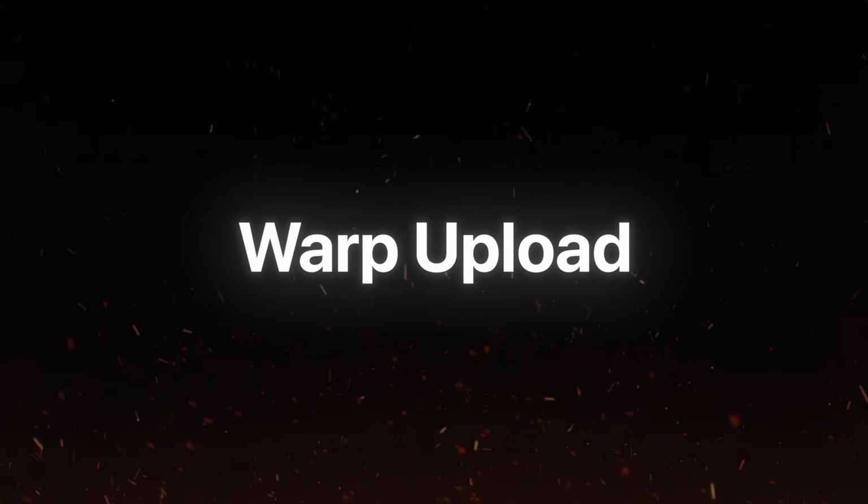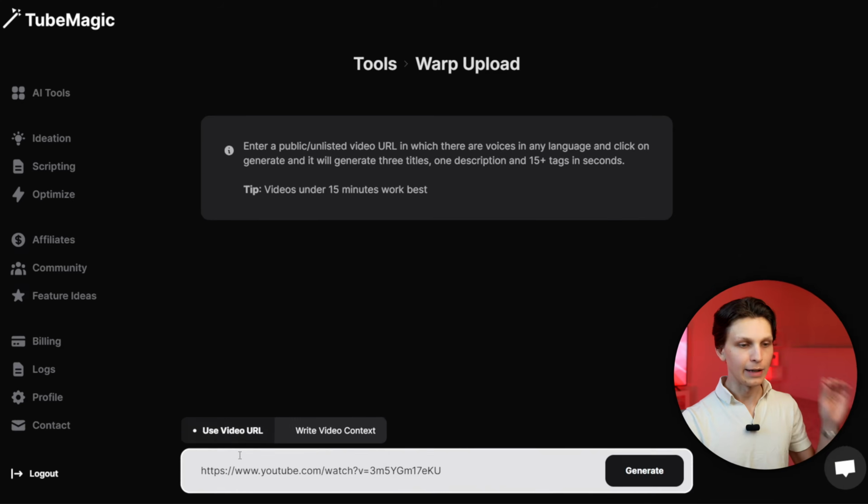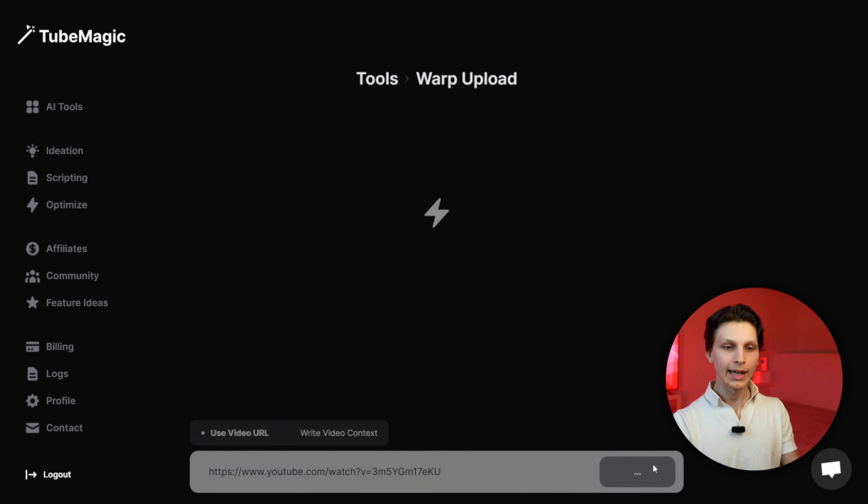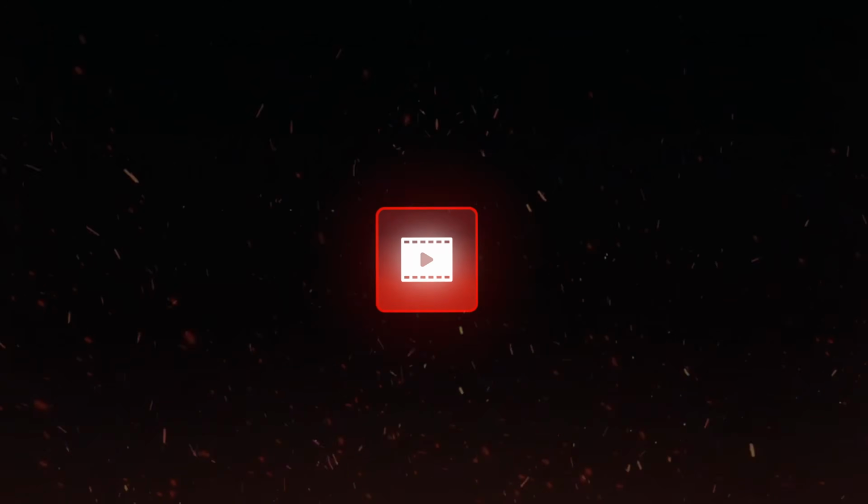And now let's go to our next tool, which is the warp upload function. If we paste in a video URL, ideally we're going to want to use an unlisted video before it's published. So you can go ahead and upload your video as unlisted, and then you can paste that URL in right here, click generate, and what TubeMagic is going to do is literally create a transcript of your entire video,